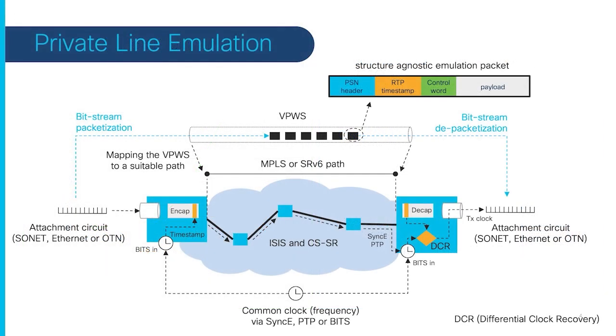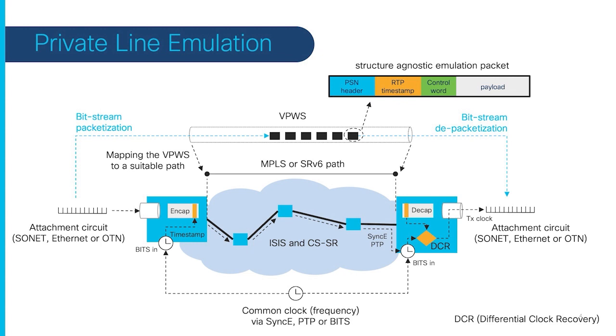Now, if we look at private line emulation in more detail, we're actually taking something that is not new. The concept of emulation has been used for many years, and this started probably 10 to 15 years ago, standardized by the IETF. And we use that to carry SONET and SDH interfaces over an MPLS network. And we're basically building on top of that foundation. But now we are carrying high-speed interfaces like 10 gigabit Ethernet, 100 gigabit Ethernet, 32 gig Fibre Channel, OTN interfaces,